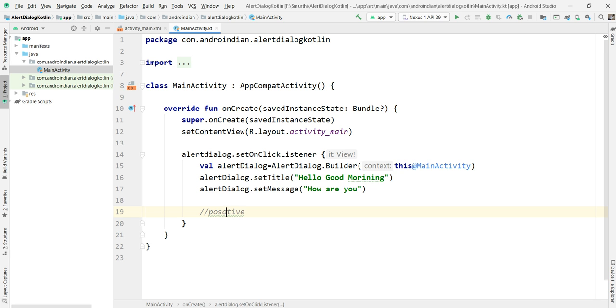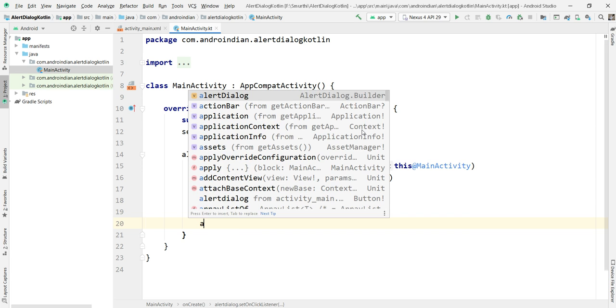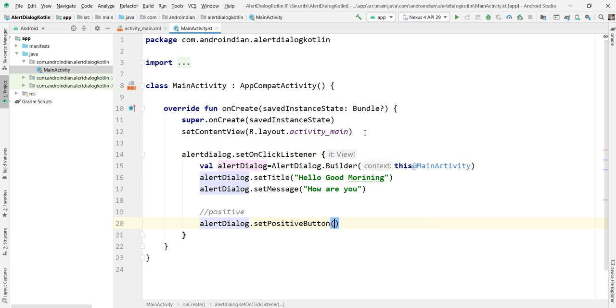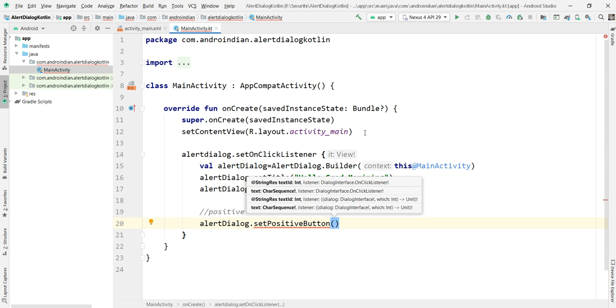So how can I add this positive button here? I want to add the positive button here, with alert dialog dot set positive button.